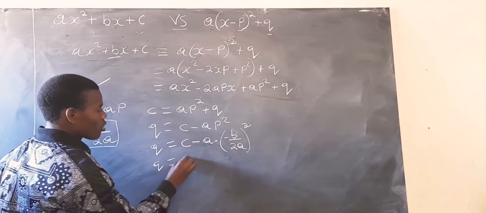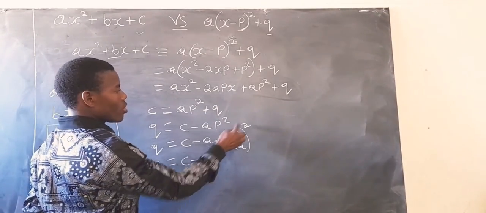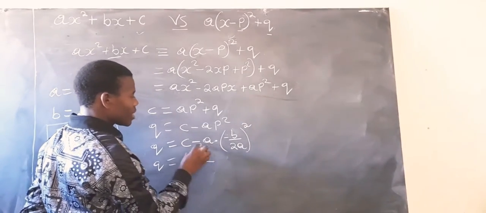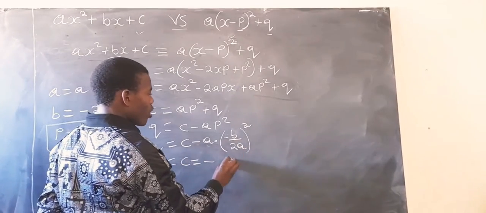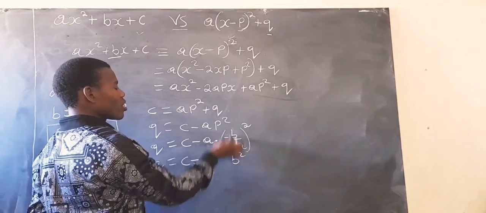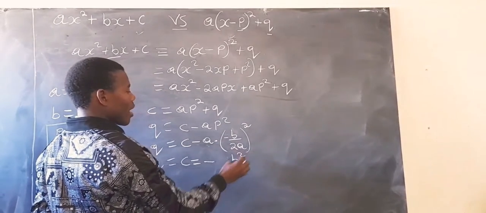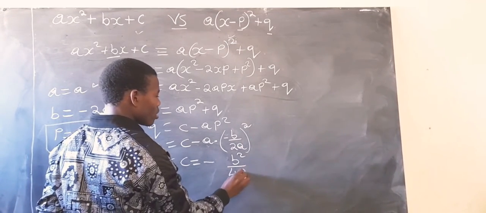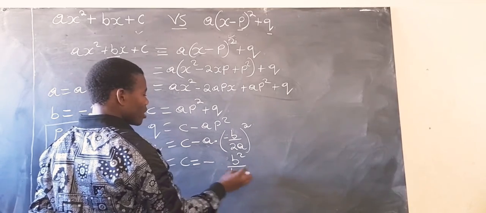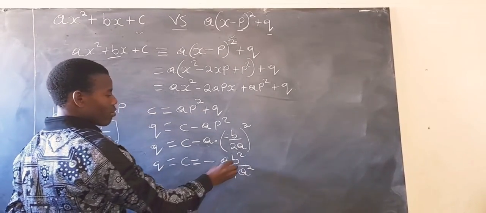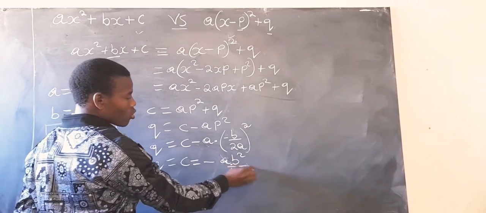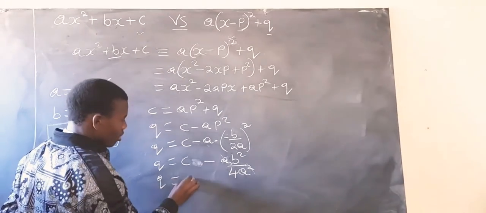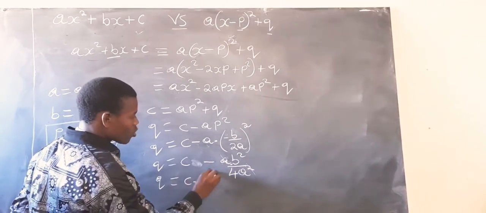So our q is going to be equal to c, and this is going to be negative, then we have b squared there. When you square this thing, it is going to be positive. Then here you're going to have 4 times a squared, but let's put a here. Then this a is going to cancel one of them there. Then your q is going to be equal to, let's have, negative c minus b squared over